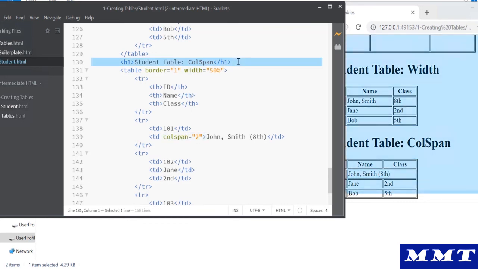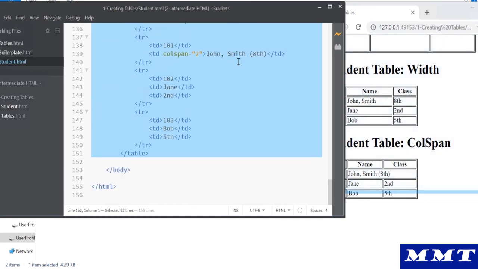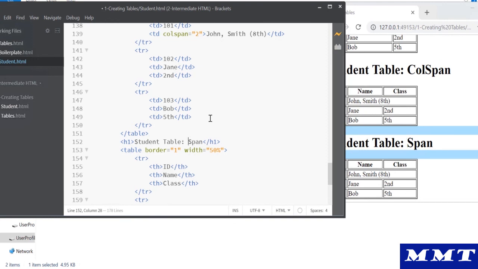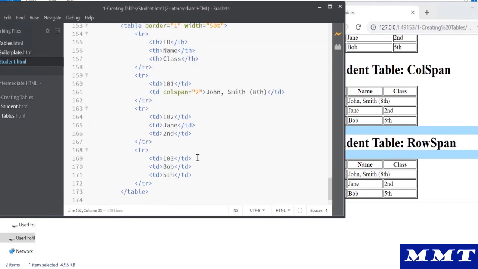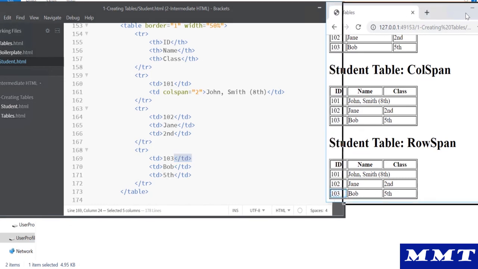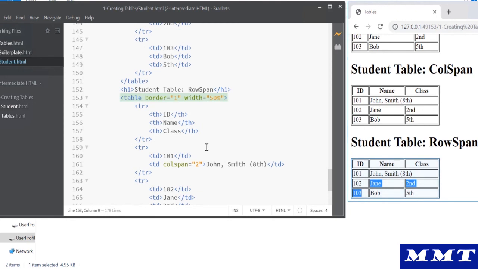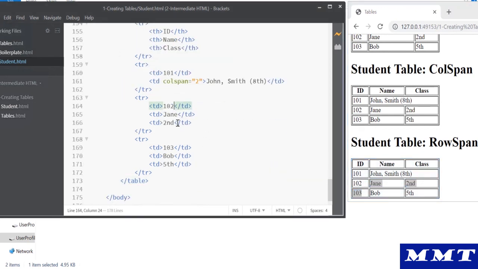Similarly, you have row span. Let's look into that. Let me show you that output. You want to combine 102 and 103 together. You are clubbing them together, and I don't want 103 here.